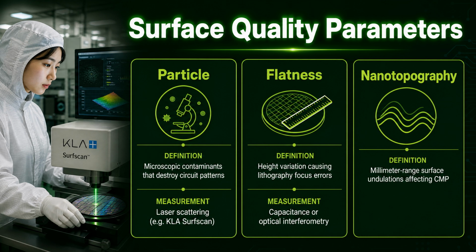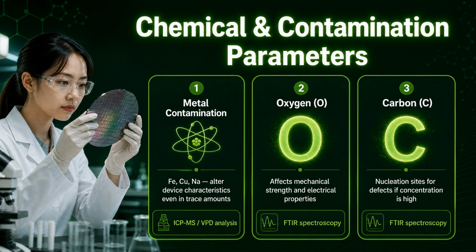The key surface quality parameters include particle, microscopic contaminants on the wafer surface that can destroy circuit patterns; flatness, how flat the wafer is. Even nanometer-level height differences can cause focus errors in lithography; nanotopography, subtle surface undulations in the millimeter range that affect CMP uniformity; metal contamination, trace amounts of metals such as iron, copper, or sodium can alter